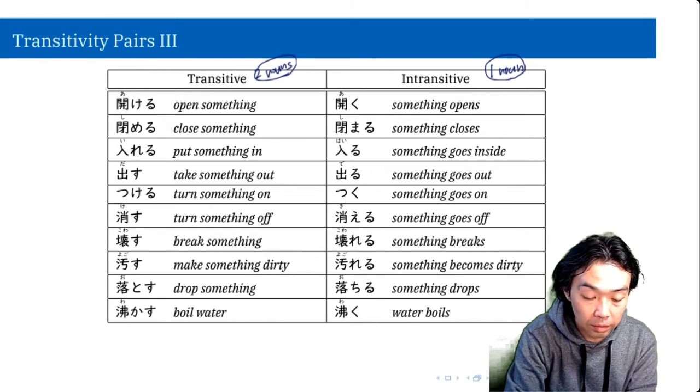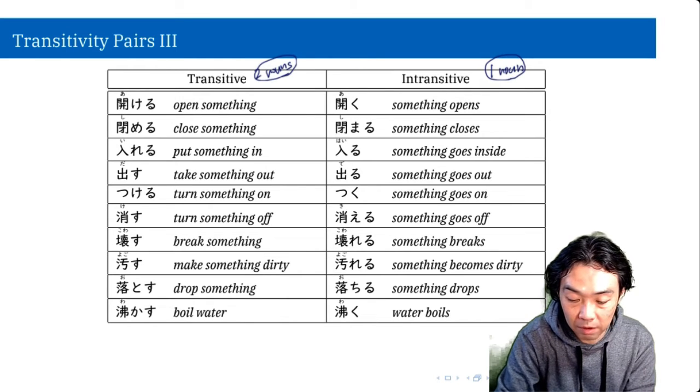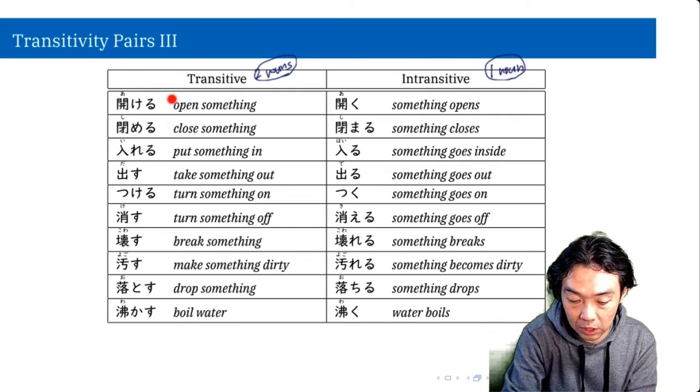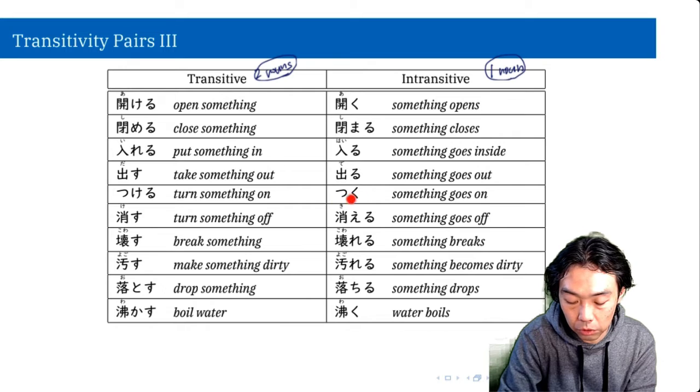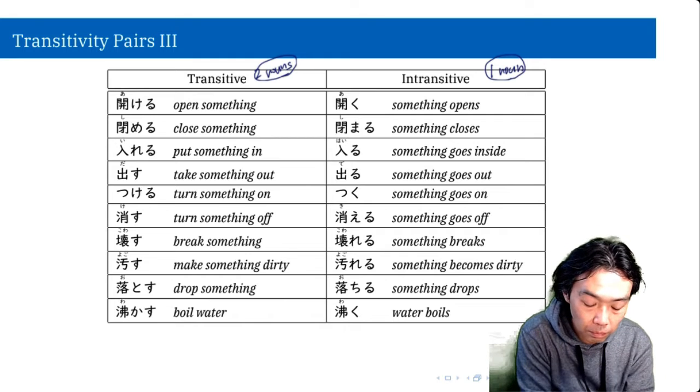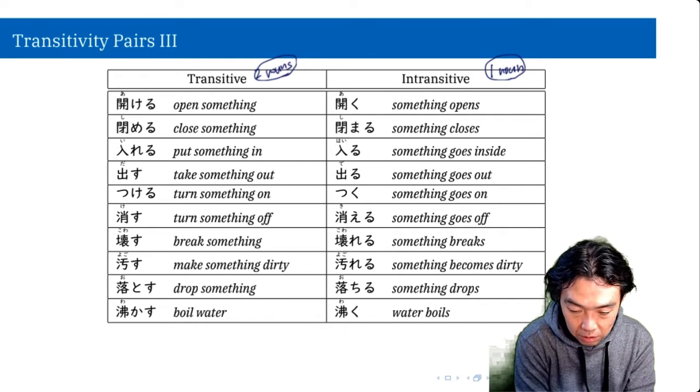Okay, and the corresponding verbs to the verbs we just talked about are 開く、閉まる、入る、出る、つく、消える、壊れる、汚れる、落ちる、and 湧く. So they are very similar, but